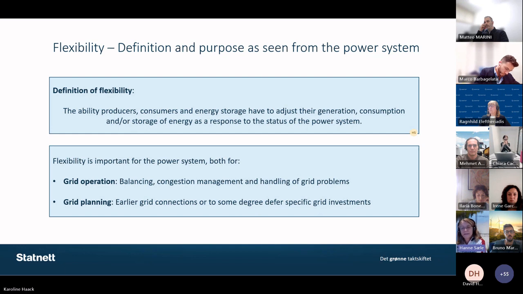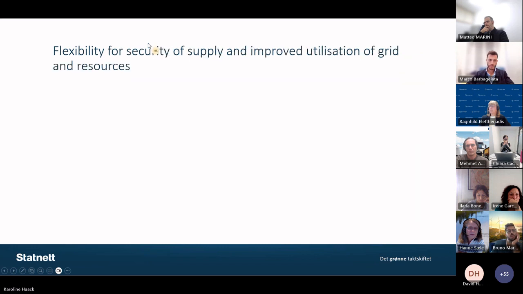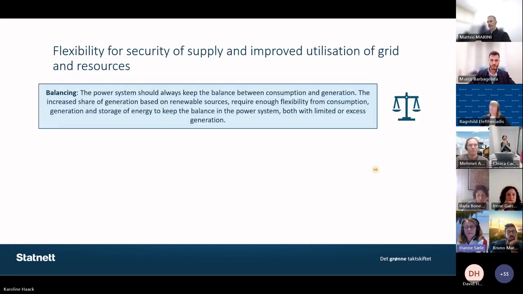But flexibility is also important for power system related to grid planning. If we have flexibility, then that can give customers the possibility for earlier grid connections. And in some cases, it can also defer specific grid investments. So flexibility can contribute both to security of supply, but also improved utilization of grid and resources. So first, related to balancing,